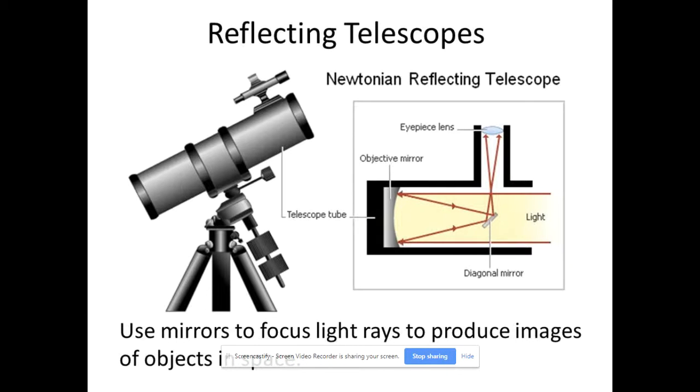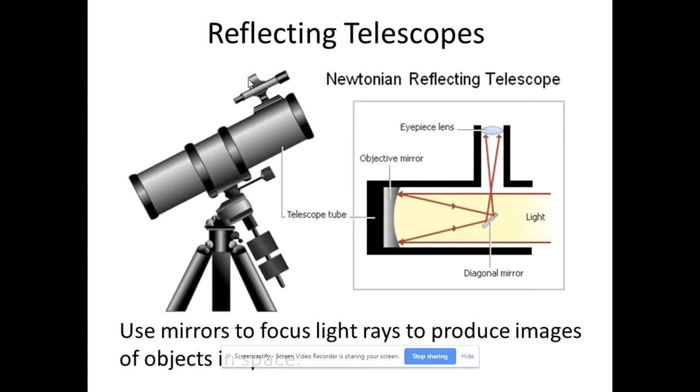A reflecting telescope works very much the same way. We've learned a lot of the same things using reflecting and refracting telescopes. The only difference really between a reflecting and a refracting telescope is the word reflecting. So if you think back, reflection means for light to bounce off. So light enters the telescope at the top the same way, comes down, hits a mirror here, bounces back, hits a second mirror that's right here,